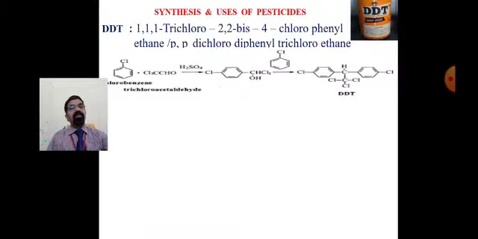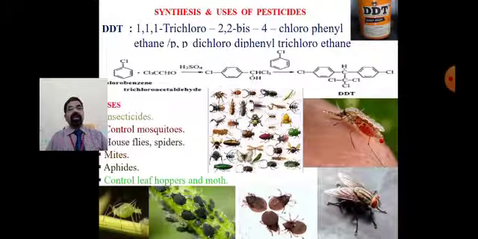Now, what are the uses of DDT? DDT is commonly used as an insecticide. Do you know the meaning of insecticide? Insect means living organism, and cide means kill. It means to kill all types of insects which are found in the farmer's field, anywhere around us, or in the house also. It is also mostly used to control mosquitoes, which automatically controls the malaria disease.